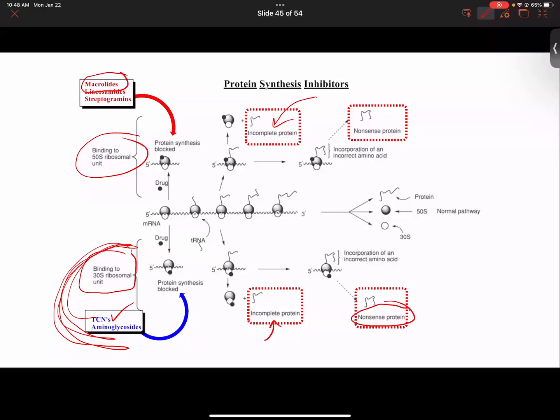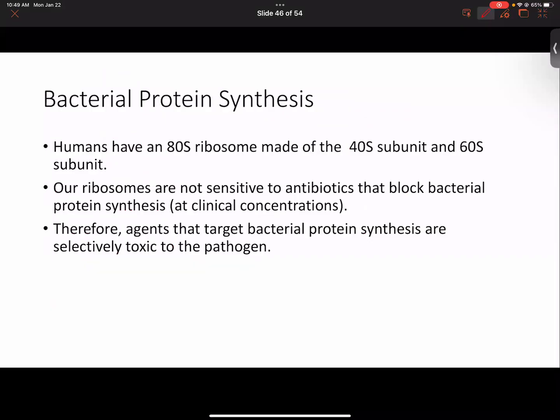What this does is it can slow down then bacterial replication, kind of puts the bacteria on pause. And what that does then is it allows your immune system to catch up. So hopefully reconstitute the immune system, let the immune system start to eradicate all of those organisms, and get a clinical cure, hopefully. So how does a macrolide, or how does a tetracycline bind selectively to a bacterial ribosome, but